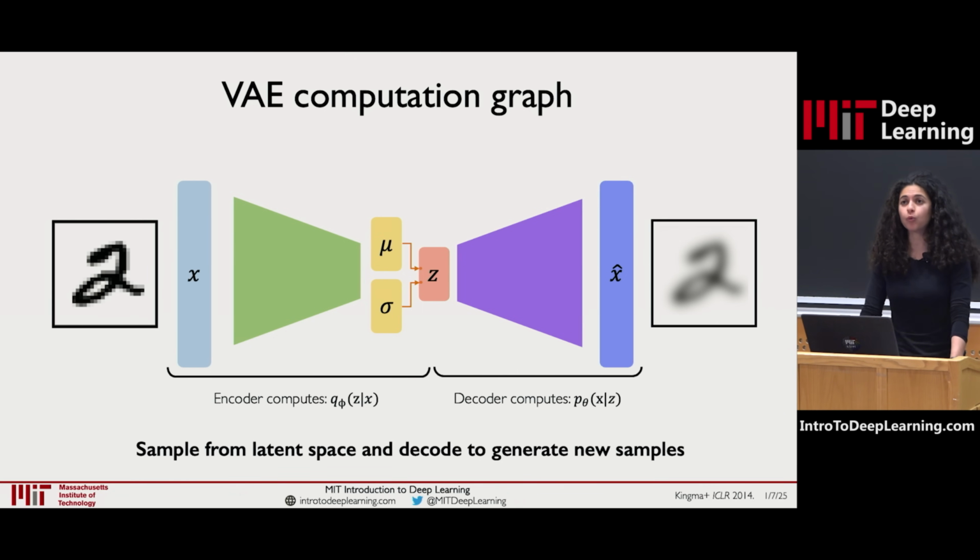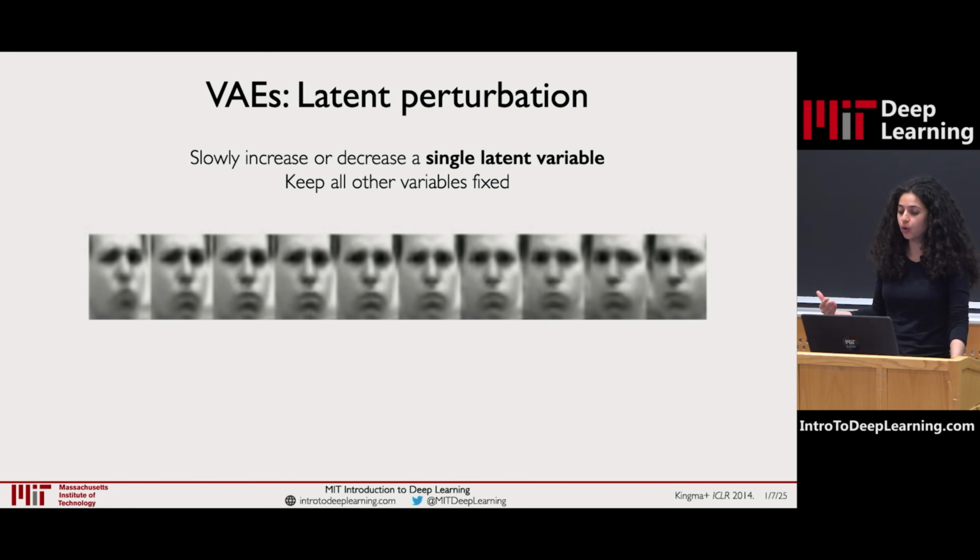So if we look at how we can do this in the context of images, let's say we take a trained VAE over images of faces, and now we sample from variables in the latent space to now generate new data instances by decoding. If we can keep all but one variable fixed and just slowly perturb the value of a single latent variable,